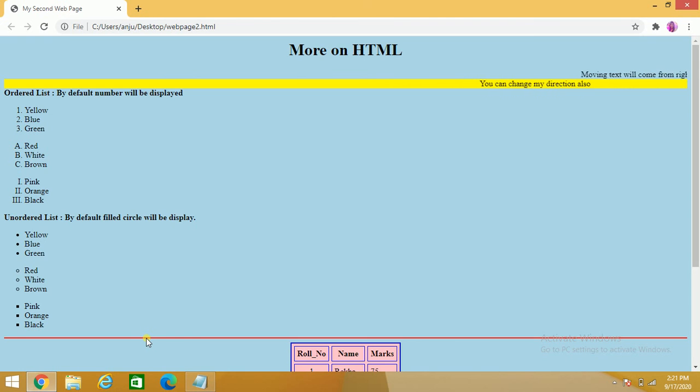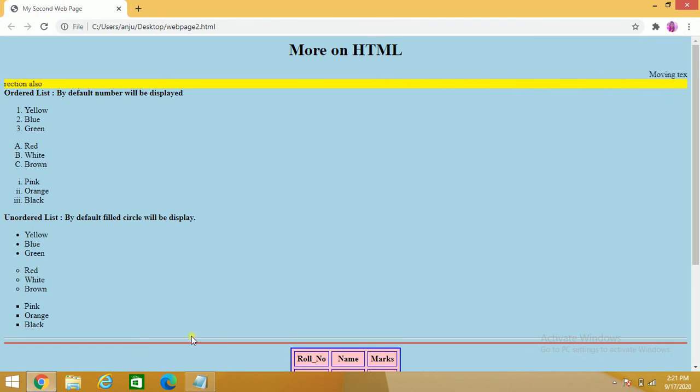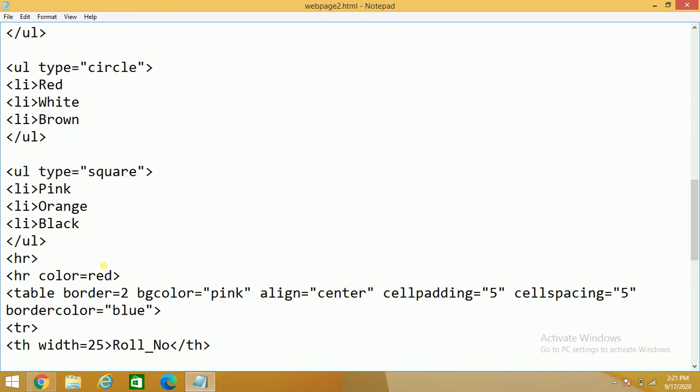Let me show you here. This is a red color line, and if you want, see this is light color. You can see there are two lines. If you give color, then it will come like this, red. If you do not give any color, by default the upper line is very light. I think you all can see.